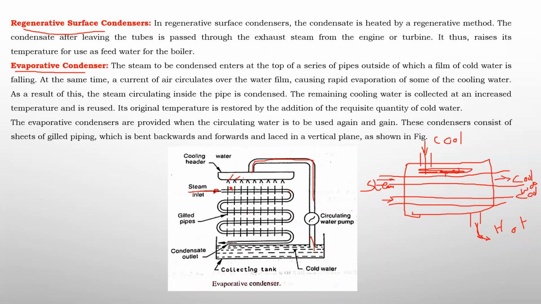These fine droplets, when they touch this hot surface of the pipe, immediately evaporate. When the particle gets evaporated, it absorbs the latent heat and the pipe gets cooled. The steam which is inside the pipe gets condensed and becomes cold, in liquid form. This liquid condensate is sent back to the boiler for regeneration of steam. This is nothing but the evaporative condenser, right?